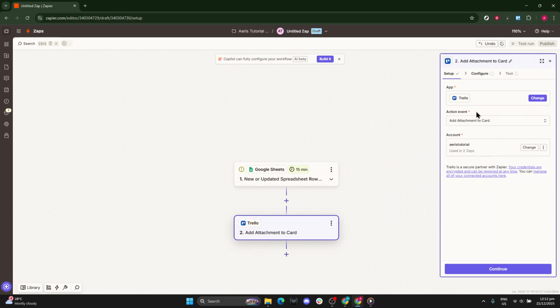Finally, connect the account for Trello. Authorize Zapier to access your Trello workspace so it can perform the action you selected. Make sure you're connecting the right Trello account, especially if you have access to multiple workspaces. That's it. You've set up the core flow, a Google Sheets trigger that leads to a Trello action. From here, you'll be ready to fine-tune details and let Zapier handle the business